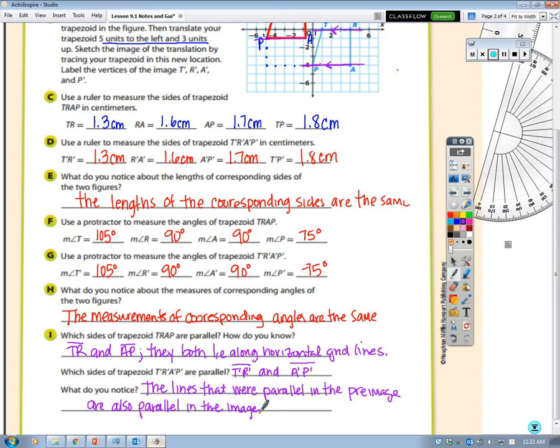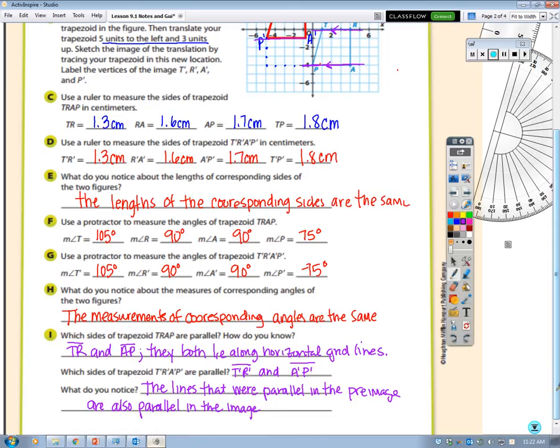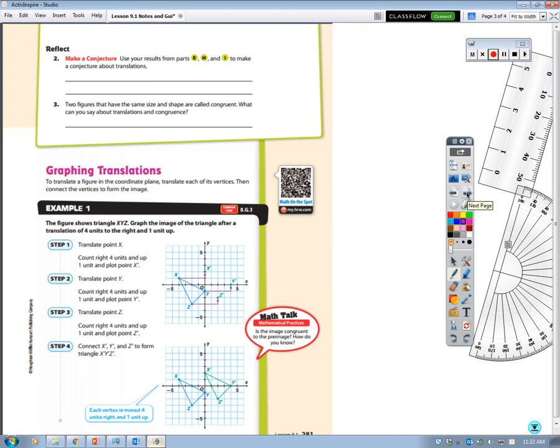So we know now with translation, which is sliding along a straight line, we do not change orientation, we do not change the side length, and we do not change the angles. So it's essentially the same shape in the same orientation, same size, just in a new location. So we're going to make a conjecture here. Use your results from parts E, H, and I to make a conjecture about translations, and that's just what we just said here. So translations